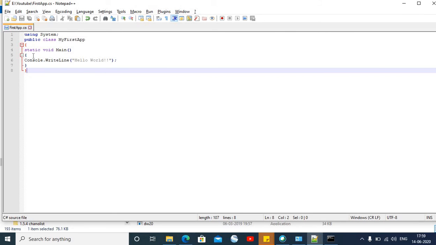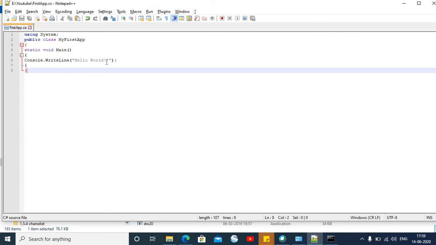Console is nothing but a class here, which has WriteLine as a static method inside the Console class, and which is defined inside the System namespace. So if we are including Console.WriteLine, then we have to include our namespace in the code, so that it should not throw any error. The WriteLine method takes a string value.